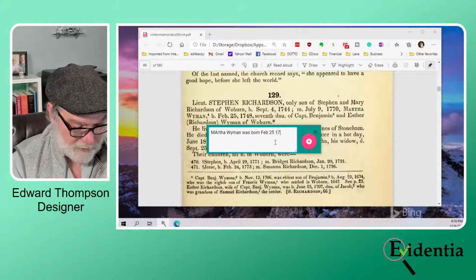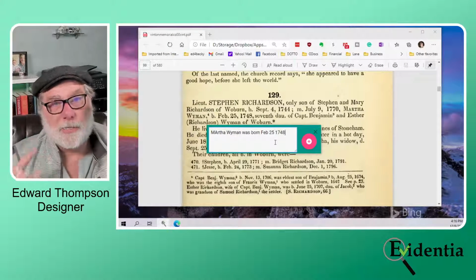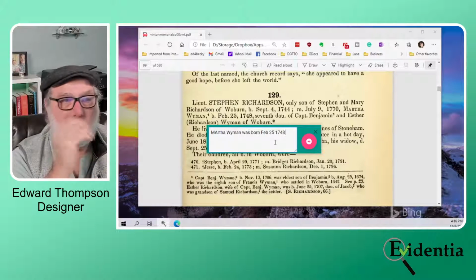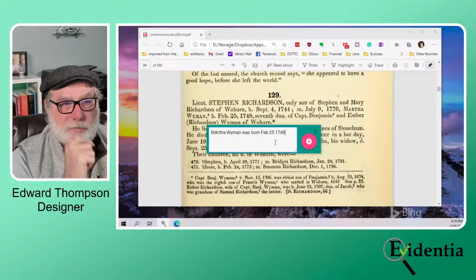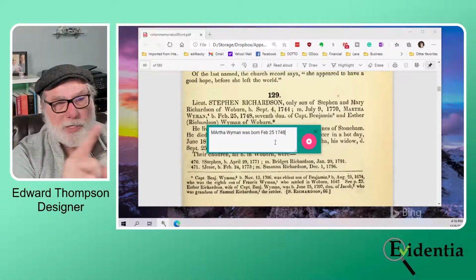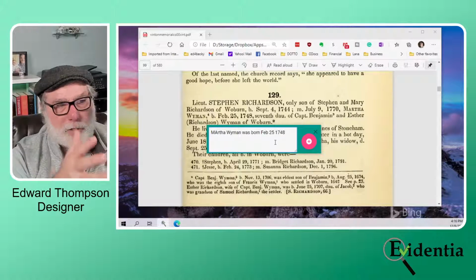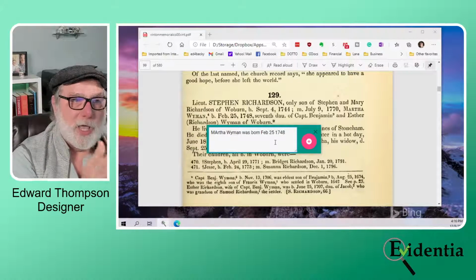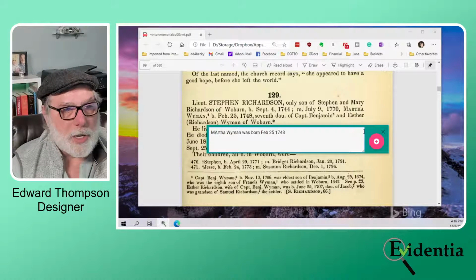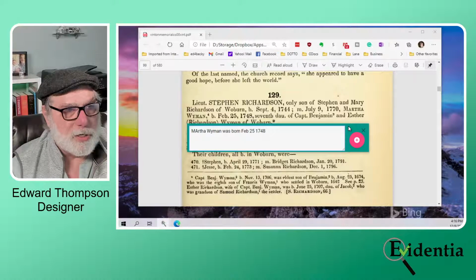25th, 1748. Now, if I wasn't using the mini editor here and had to bounce back and forth, it would kill me, because my memory between the time I switch screens, I'm going to transcribe information incorrectly. And that's why the mini editor is so valuable. I can also stretch it out to